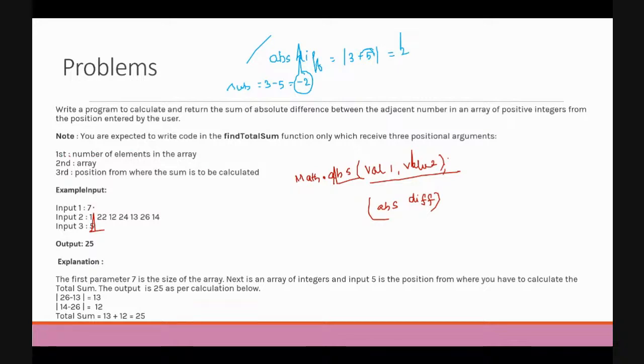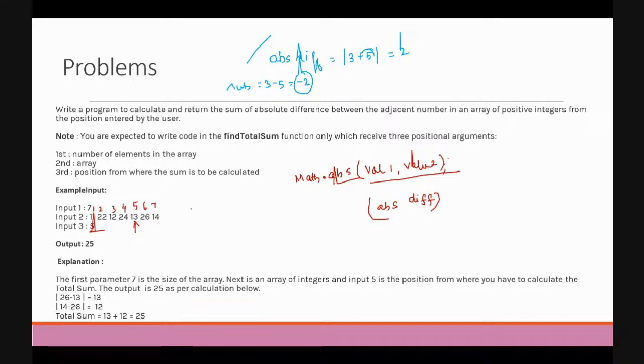I will take this position as 1, 2, 3. It's not an index, remember, it's a position, so I take from 1. If it is mentioned as index, then it has to start from 0. So I have to start from my fifth position.